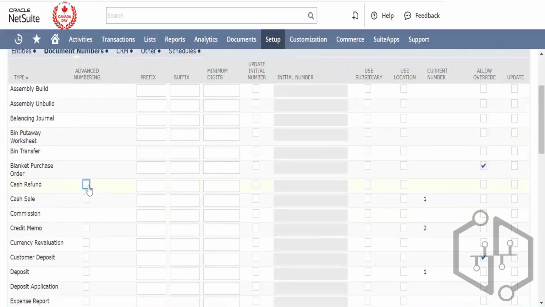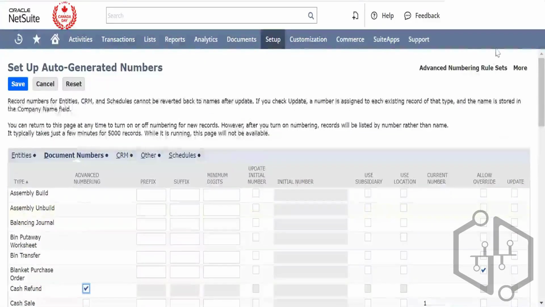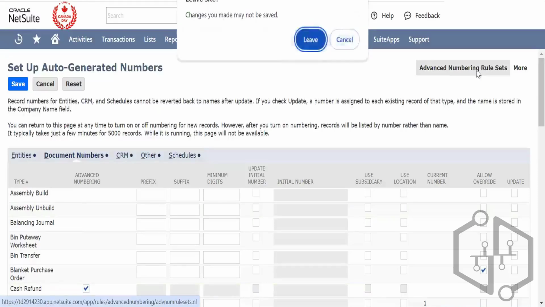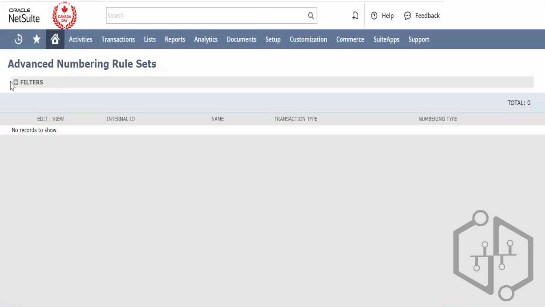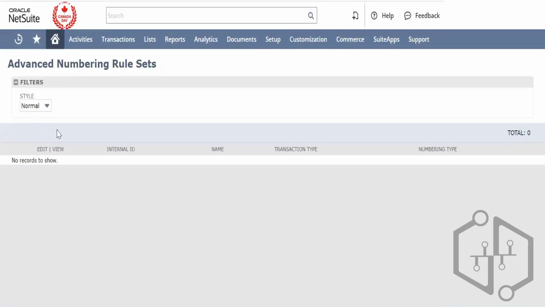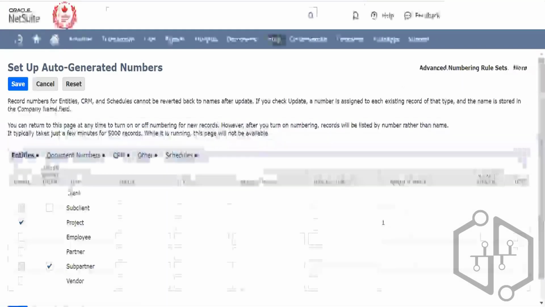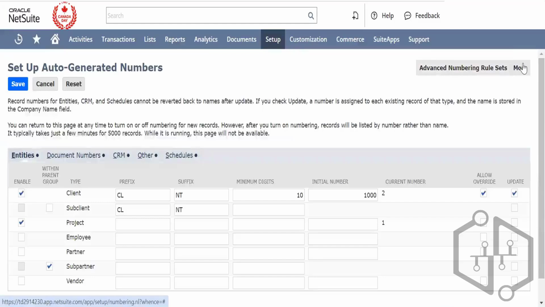Right. So the advanced numbering option that we have enabled is actually this. When you do this, there is another option wherein you click on this advanced numbering rule sets. Let me show that to you. You can click on that. It will go to the advanced numbering rule set. You can set up certain rules for yourself wherein